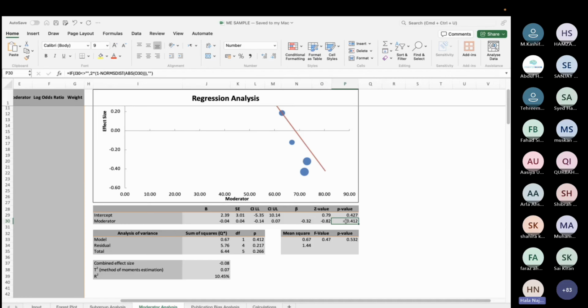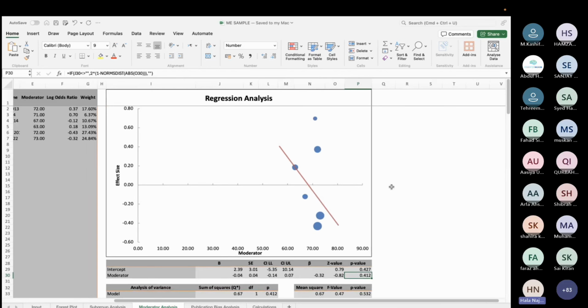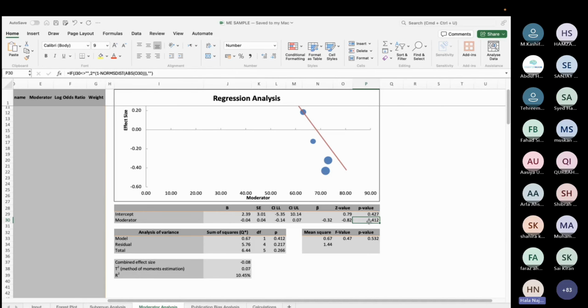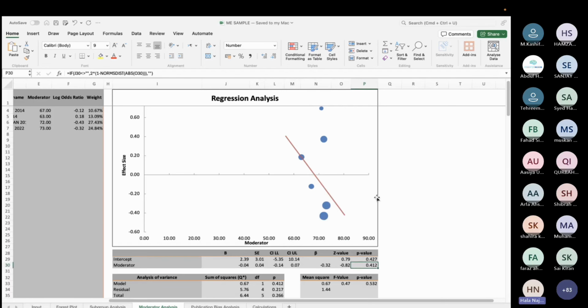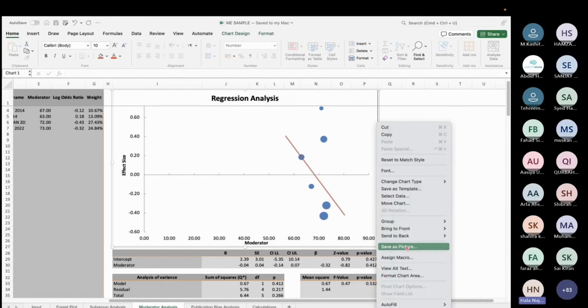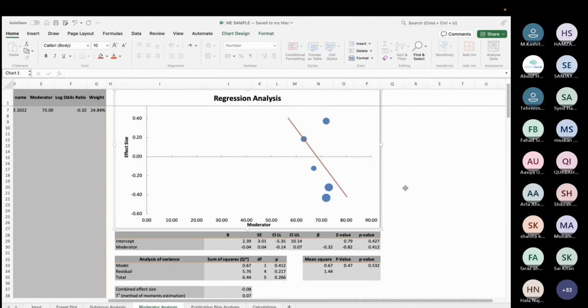Line of best fit is जो हम y is equals to mx plus c का बनाते थे earlier. It's just a line drawn to see कि association है या नहीं. You don't have to be worried about that. You only have to care about the p-value. Is everyone clear about this? How to save? Just highlight the picture, right? Choose save as and you'll save it, or just take a screenshot.